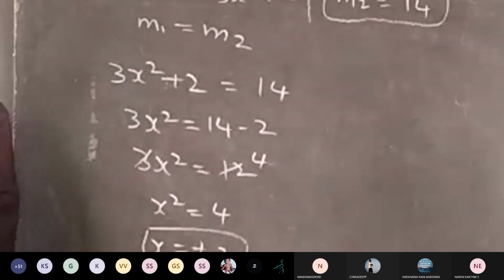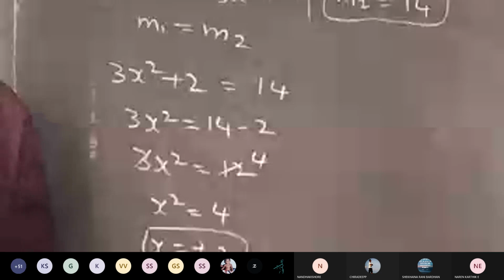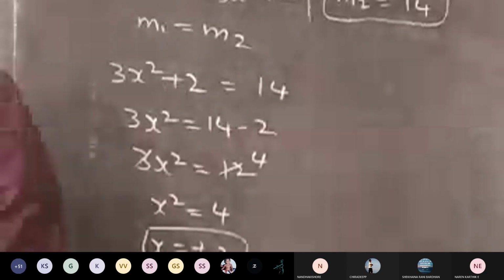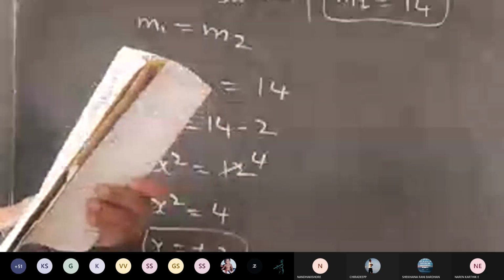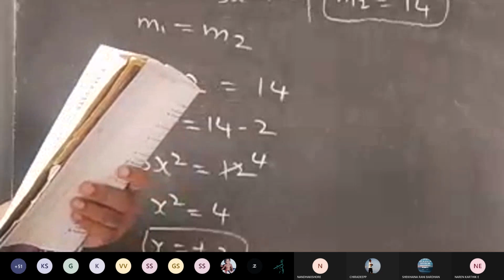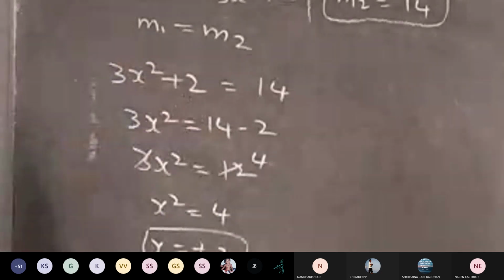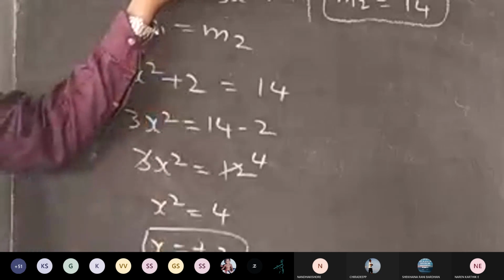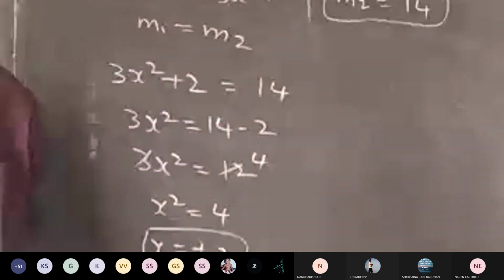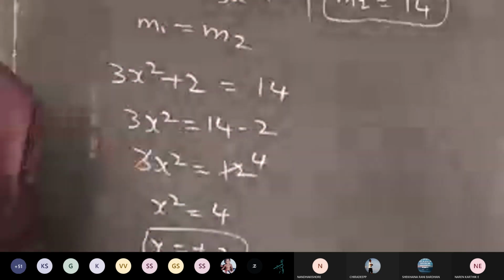In this x value, you can substitute into the main equation. What is the main equation? y = x³ + 2x + 6. Okay, y value got it. One slope value got it. You can find out the equation. Okay, once you can copy now.